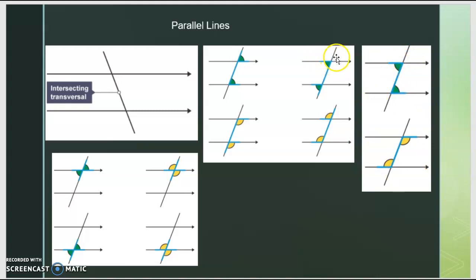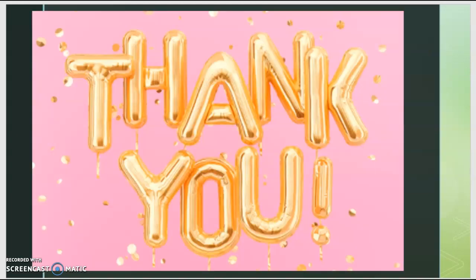As you can see here, if we do vertically opposite, we will get this. And then if we do corresponding, we will get the bottom part here. And then if we do it in a Z shape, here also will be the same, because it is vertically opposite and then again corresponding. So we will get approximately 3 angles just with the parallel lines. I hope you understood it, and if you really